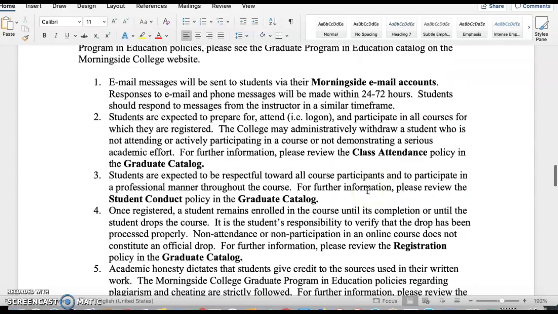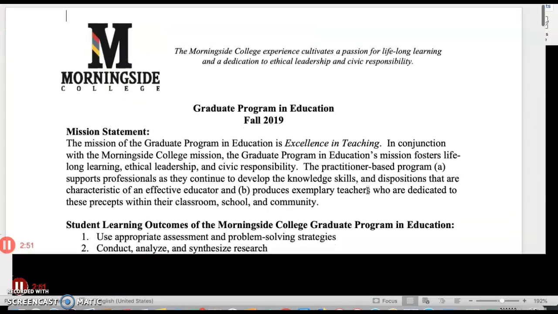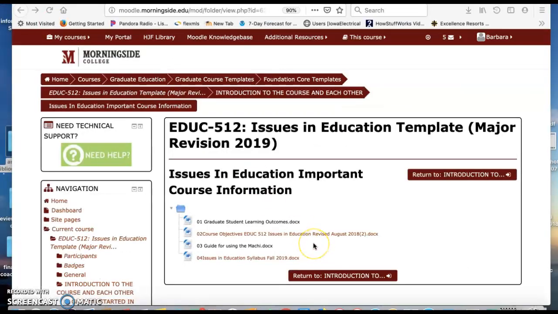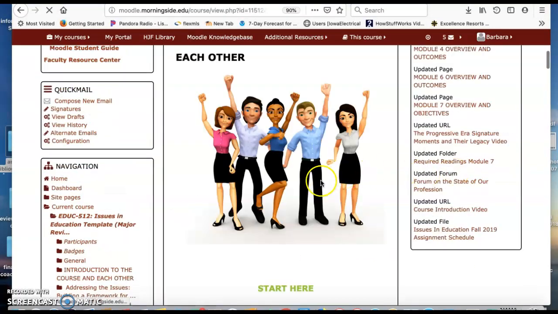It's very important that you understand this information because it will help you be familiar with the expectations for plagiarism, academic integrity, honesty, etc. Then going back to the course,